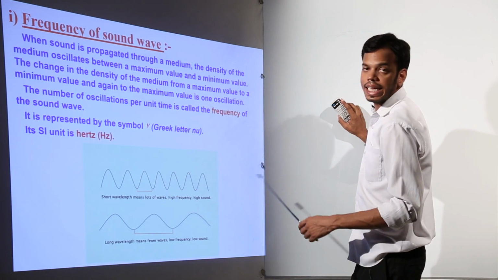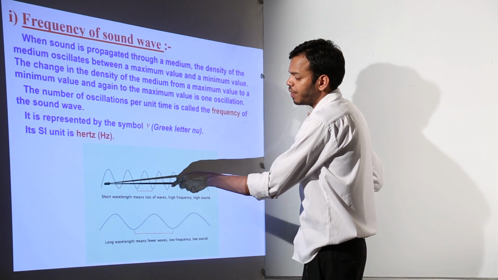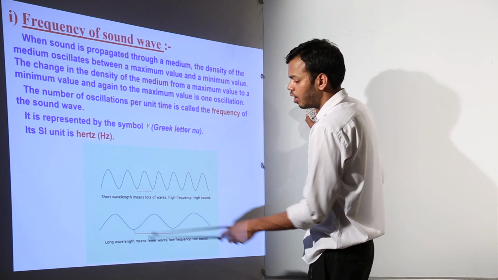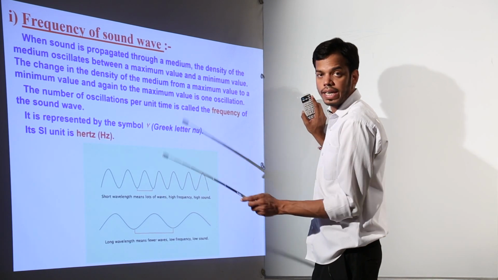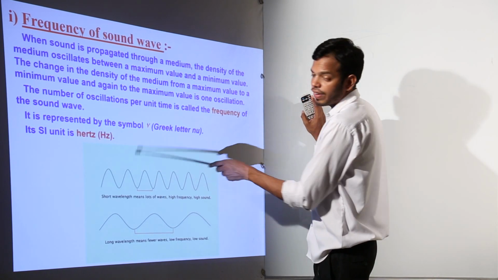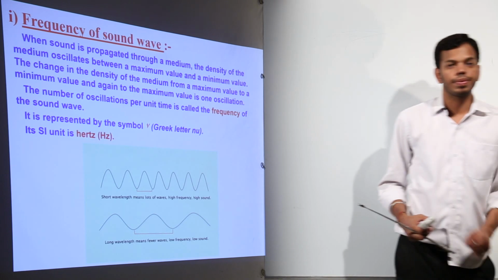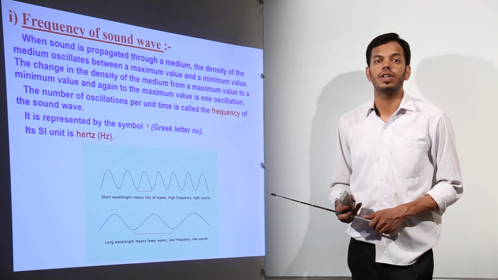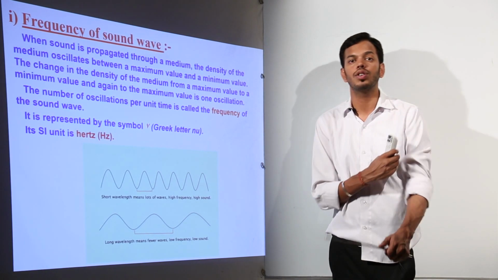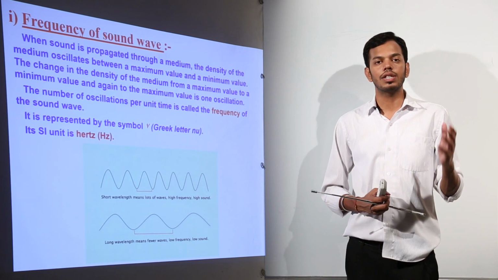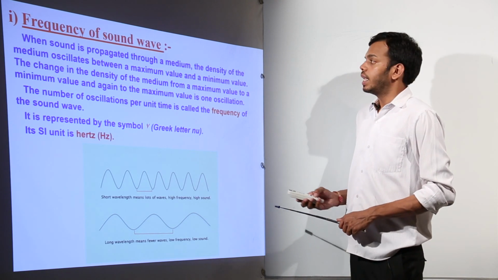So short wavelength. Now how are frequency and wavelength interrelated? I told you that the distance between two crests is a wavelength. Here also the distance between two crests is a wavelength. So here it was higher wavelength but frequency is low, whereas here it is lower wavelength but frequency is high. So they are inversely proportional. Frequency is inversely proportional to wavelength, and the product of frequency and wavelength is called the speed of that wave. So you just note down this formula. Speed is frequency times wavelength. Now the next part,